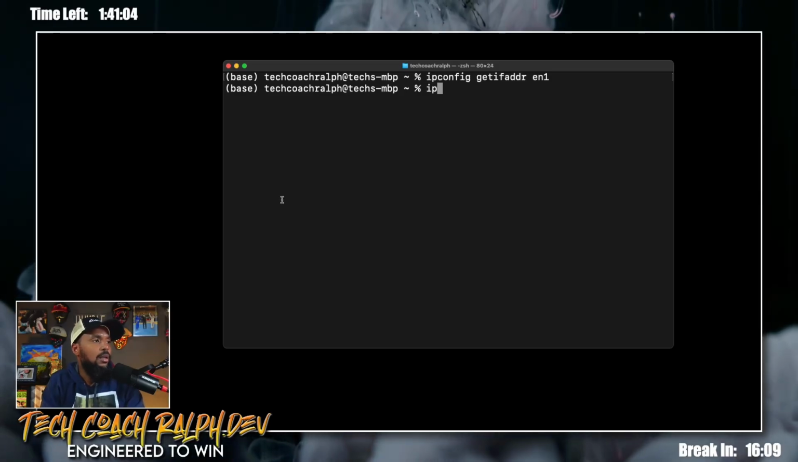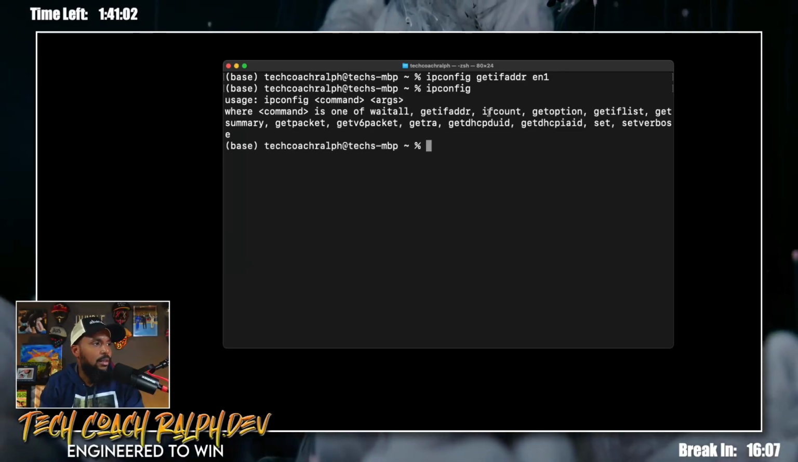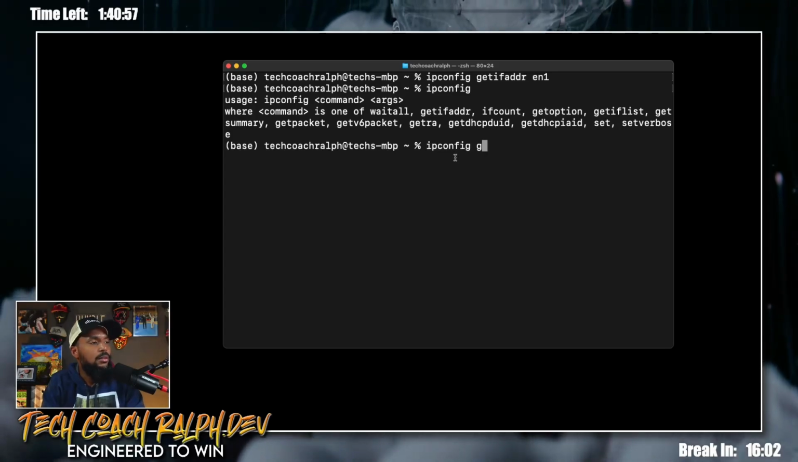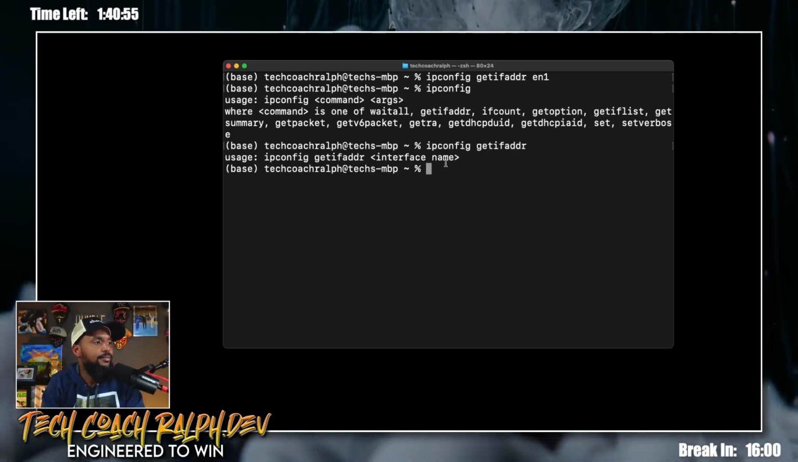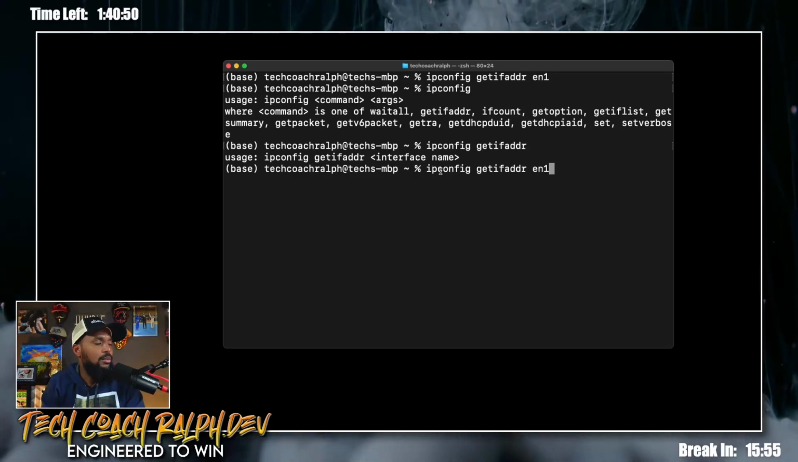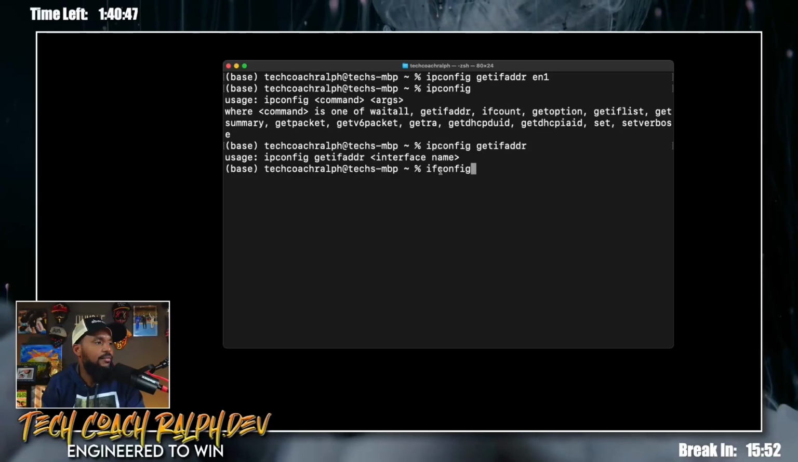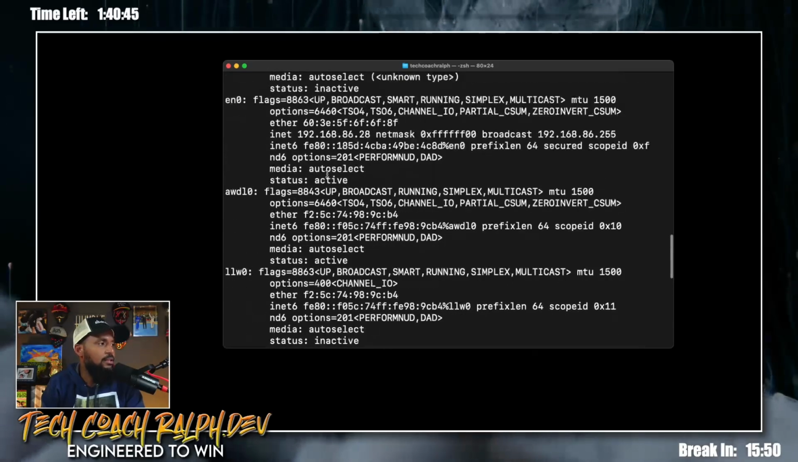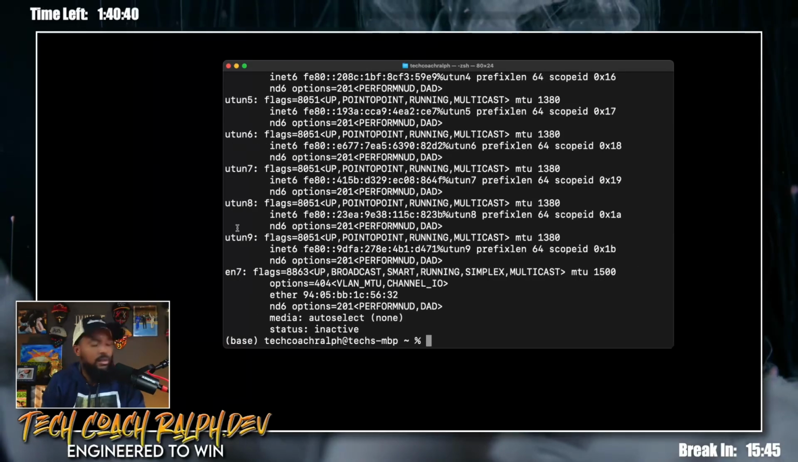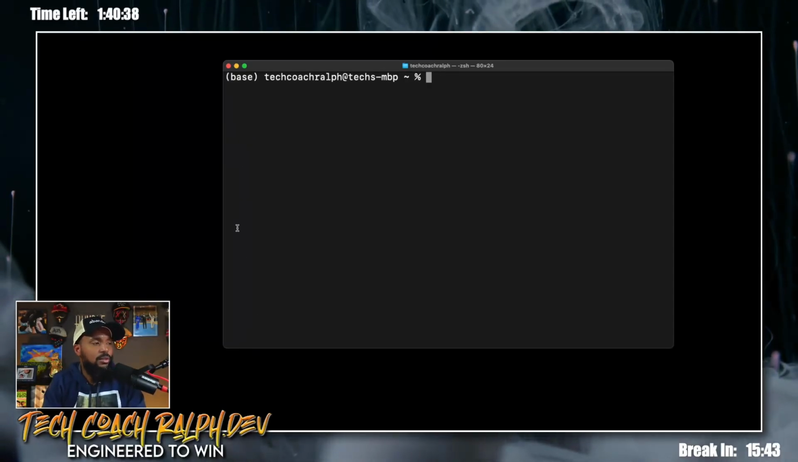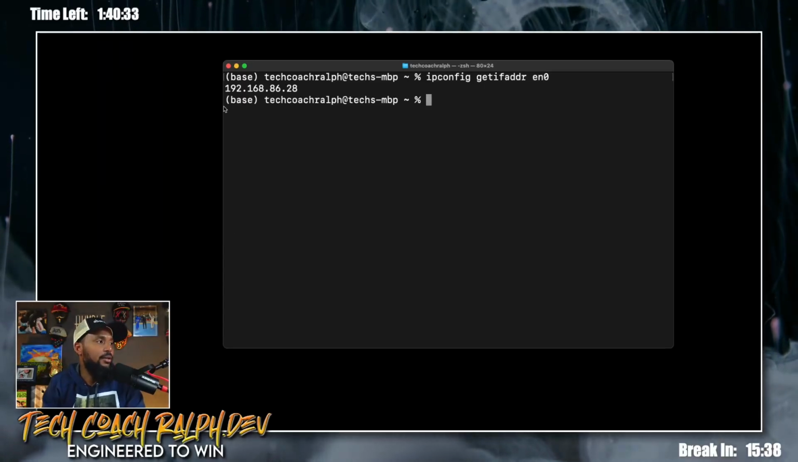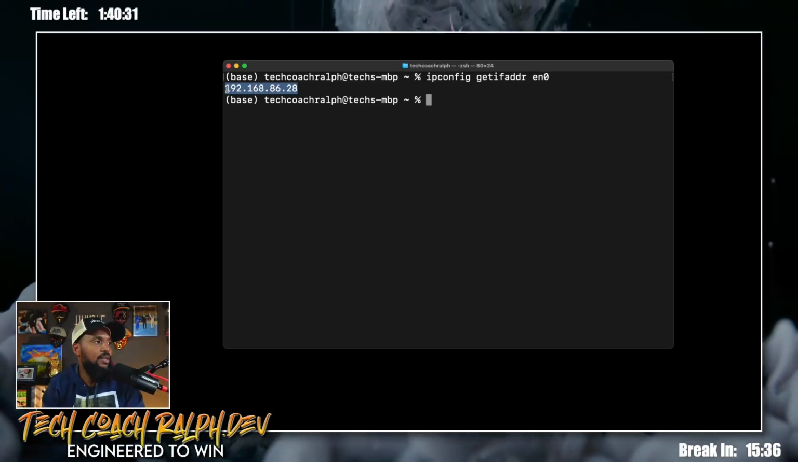ipconfig getifaddr, interface name. So let me do this ifconfig again and look. See, and this is so messy. en0. Okay, so this one is en0. Okay, got it. I was using the wrong one. So let's do up, en0, and there goes my IP address on my home network. Right,